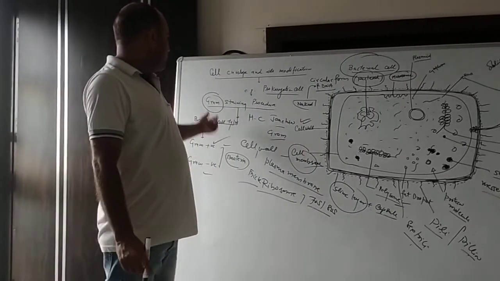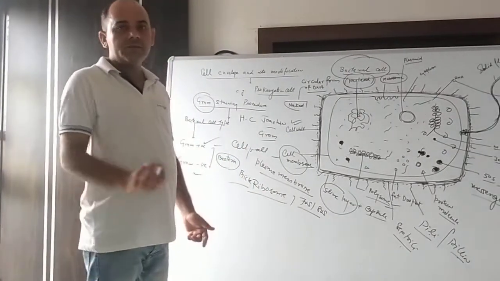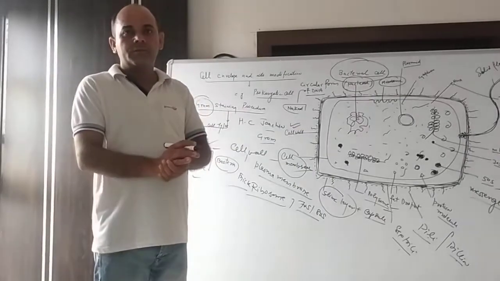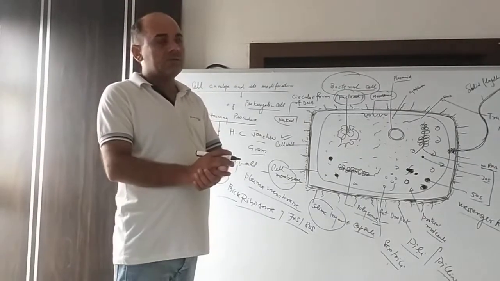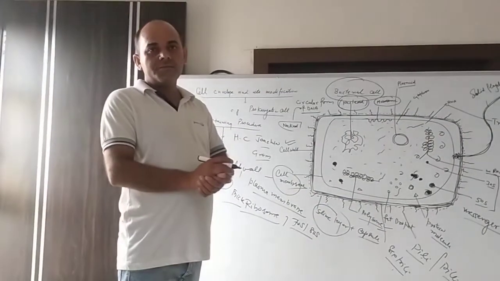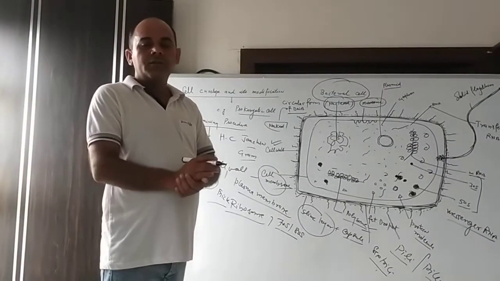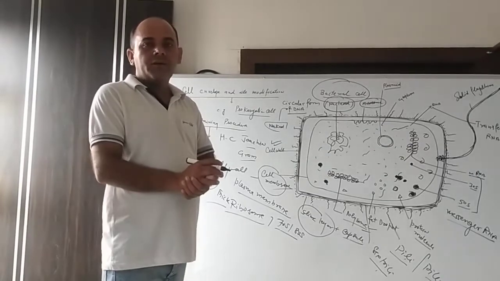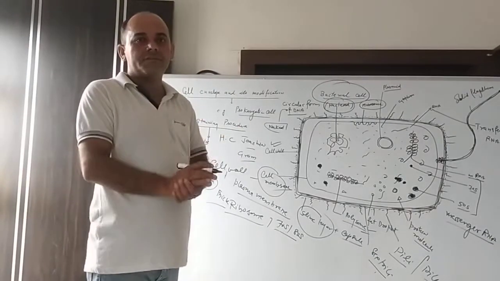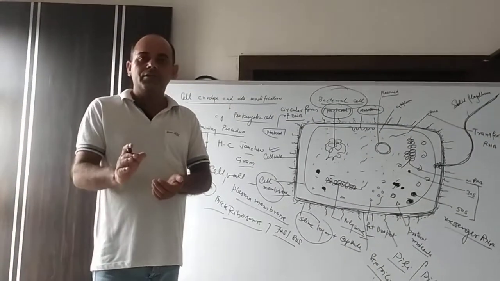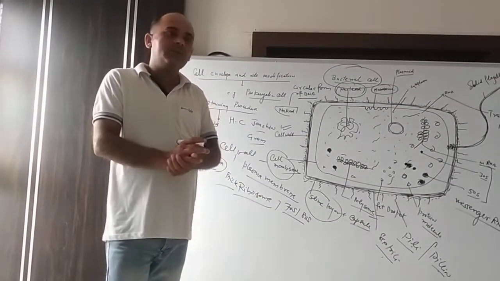So what kind of procedure did he use? First of all, H.C. Gram, the bacteriologist, used a stain called crystal violet. He stained the bacteria with this primary stain, crystal violet. In the second step, he used iodine solution. In the third step, he washed all the bacterial cells with water. And in the last, fourth step, he used alcohol, or you can say acetone, to remove this stain.